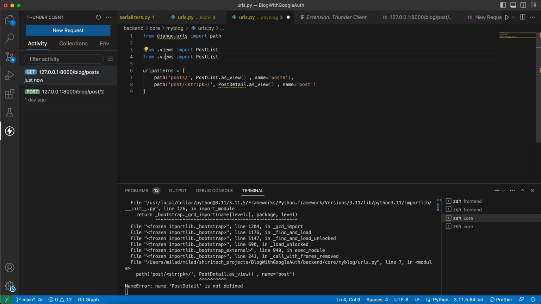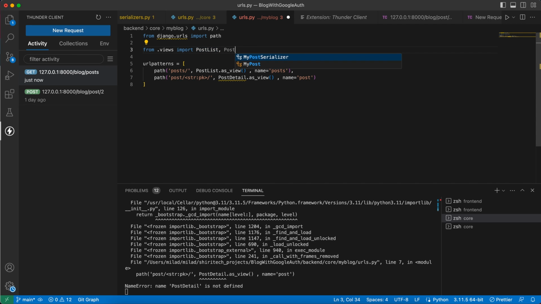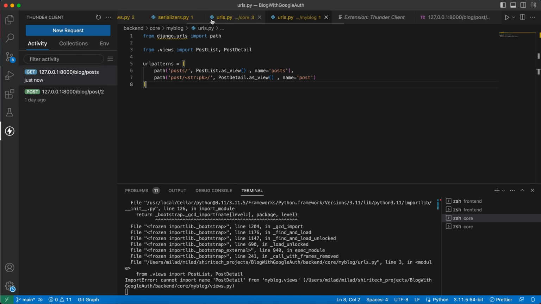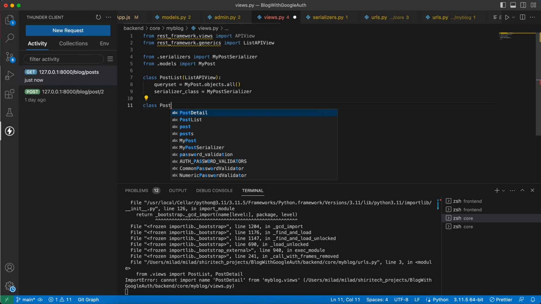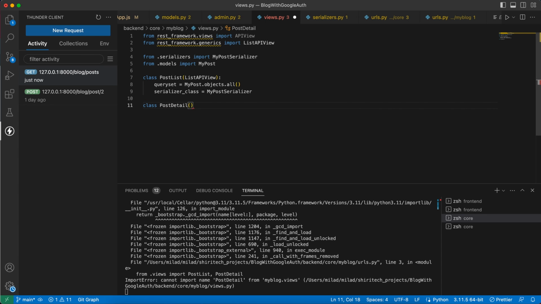Let's import it as well. Post detail, and now let's create the view. Class post detail, and because later on I'm gonna add some logic for fetching basically the data based on the situation of the user, if the user is authenticated or not, I'm gonna use API view here,